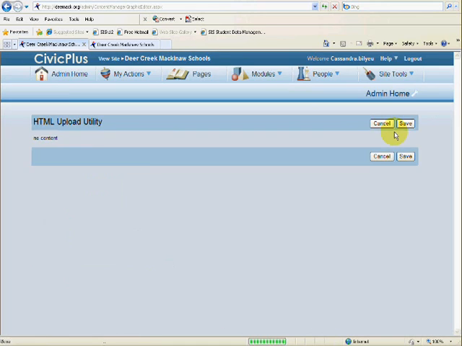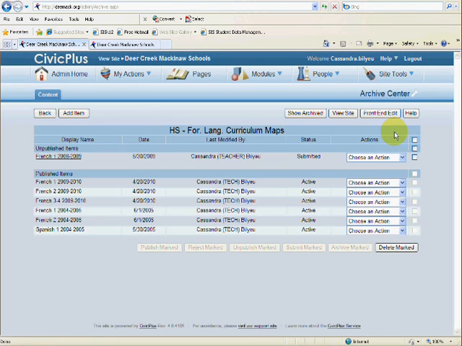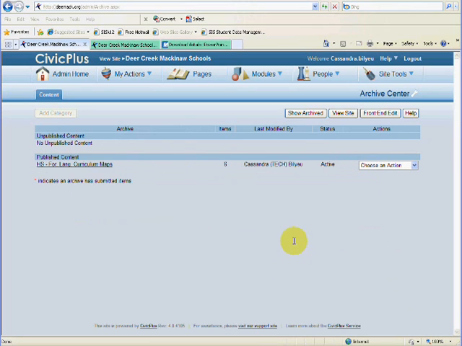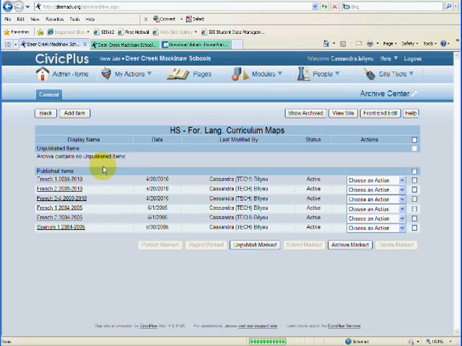And like usual, it won't go live until somebody has actually approved the content. So notice right here, it shows that the status is submitted, but it hasn't been approved, and therefore it is not active yet. As you upload documents into the Archive Center, you may need to make changes if there is an updated document or you uploaded the wrong one. If that is the case, you can ask me for permission, and then you can just simply click on the